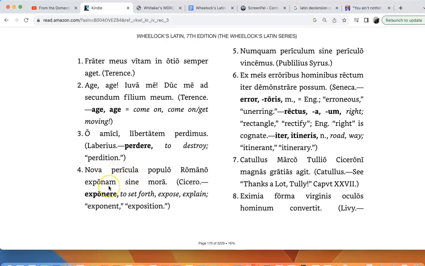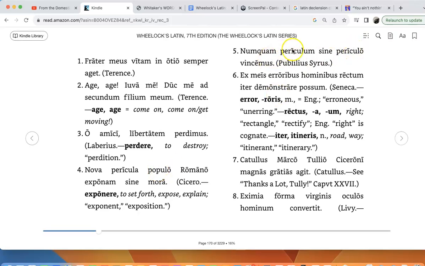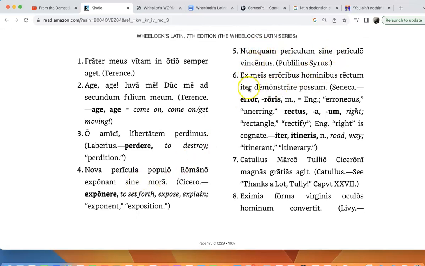And so most verbs do end in -mus, -tis, -nt, but first person singular often ends with M as well. So this one is a little bit trickier, but again, they give us the vocab here, and I think we just explained it. All right, numquam periculum sine periculo vincimus. Again, the Wheelock does a really good job; this one is a little bit tricky, but they give us the same vocabulary, or some of it, to kind of reinforce